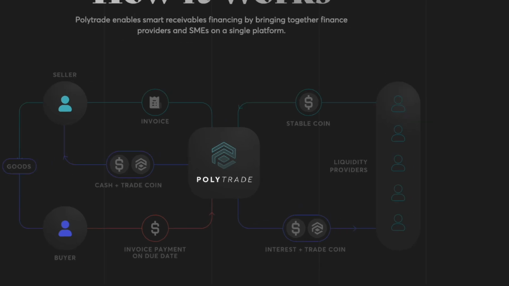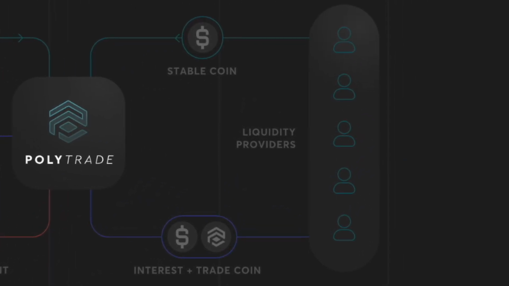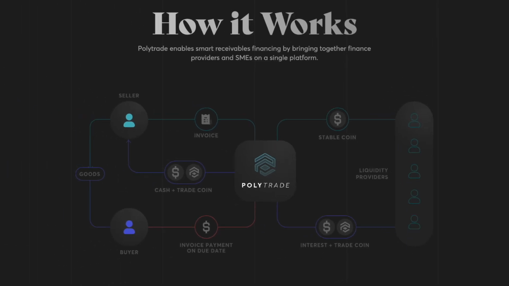Upon receipt of payment for the invoice from the buyer, the PolyTrade platform can consider the invoice closed, and the funds are placed back into the liquidity pool for future transactions. In addition, when the invoice is closed, both the seller/borrower and the contributors to the liquidity pool are rewarded in the native trade tokens. And the final thing I want to note is that there's also an inbuilt reputation system